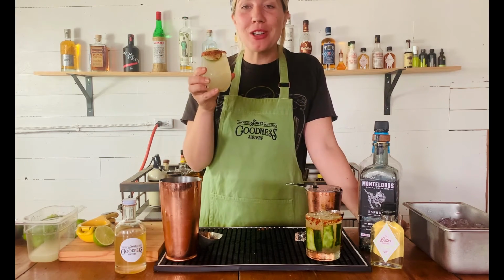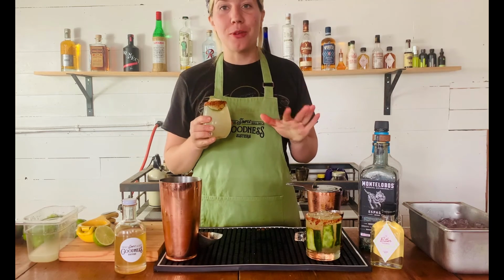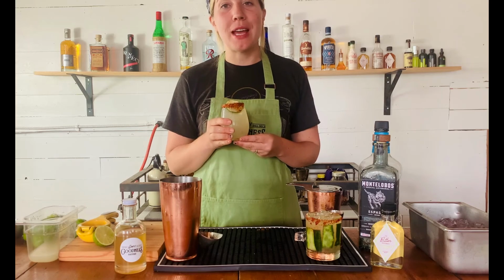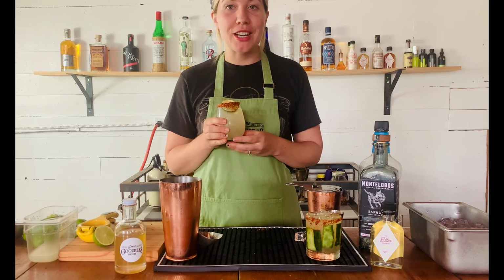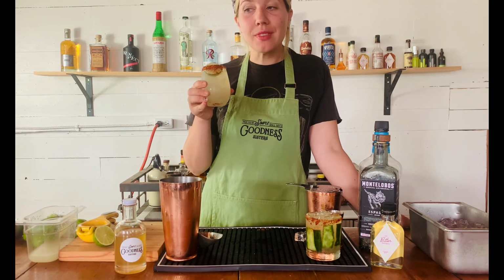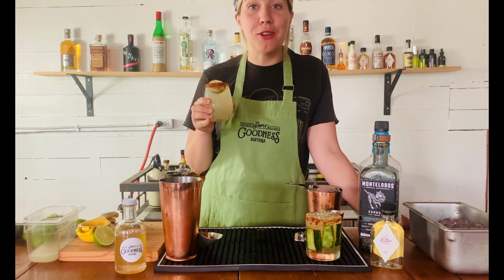Enjoy the Wapato Margarita, named after the Kruger Pepper Gardens location. They're the ones who grew the peppers that went into this syrup, and they're a great farm to check out in the Yakima area near us. And if you like to pick, I absolutely recommend you go and